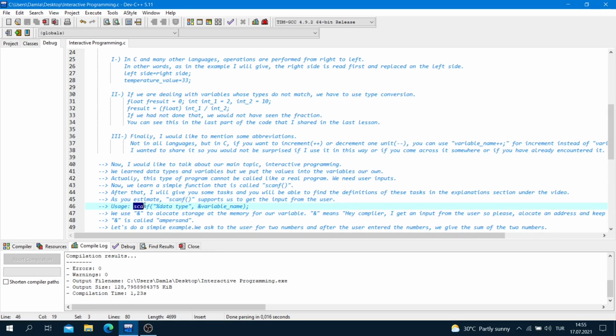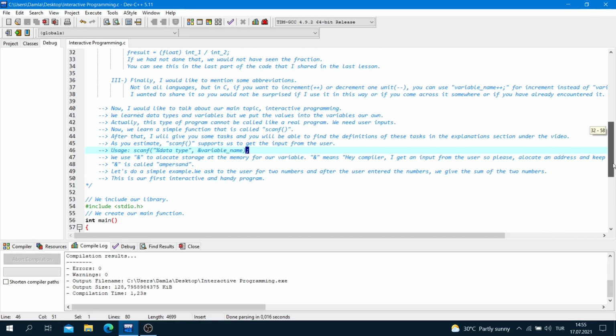Usage: scanf, bracket, quotes, the percent sign, the data type of our variable, quotes, comma, ampersand, variable name, bracket, and semicolon. We use ampersand to allocate storage in memory for our variable.